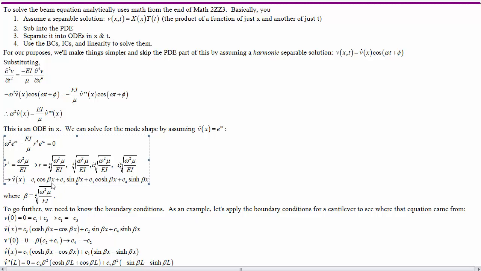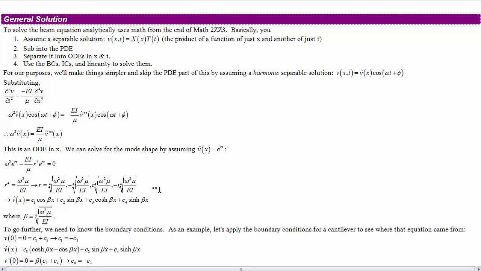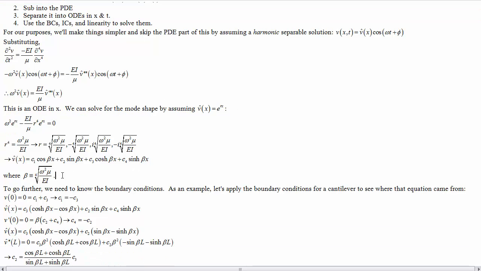And it's an open book test, so by all means start at this line. Although, try it once on your own to make sure you understand where that goes. If not for this course, then for Math 2Z03, because you definitely need to understand that for that course. Anyway, the beta here has been defined in terms of the 4th root, so 4th root of omega squared